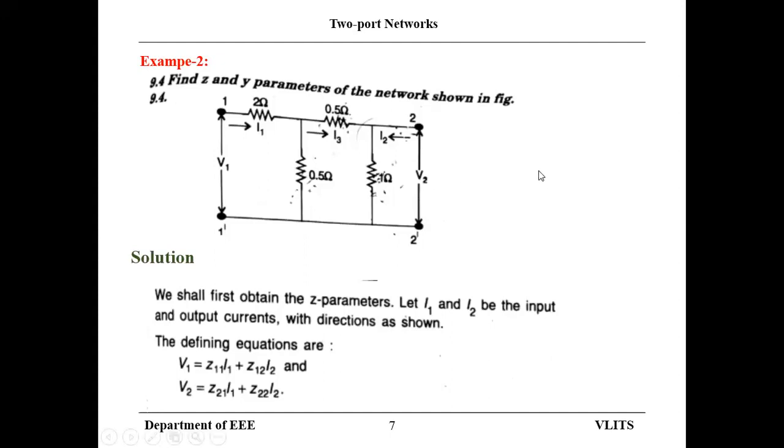So this is today's class. In today's class we have discussed the relation between the different parameter sets, and also the different interconnections of two port networks, and also the basic problem of how to find the z or y parameters for a given network. Then I will give you some exercise problems also, and the same material which I have explained, I will also forward in your group, so that you can refer to it. I have also recorded the content I have delivered.